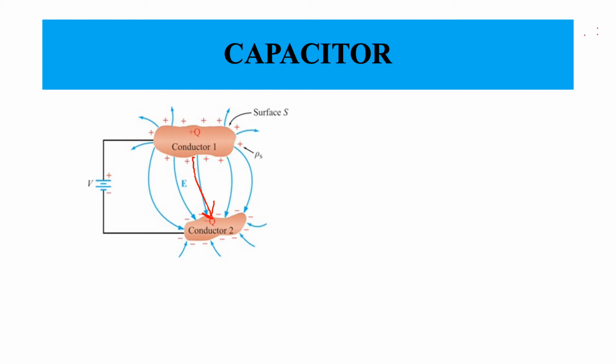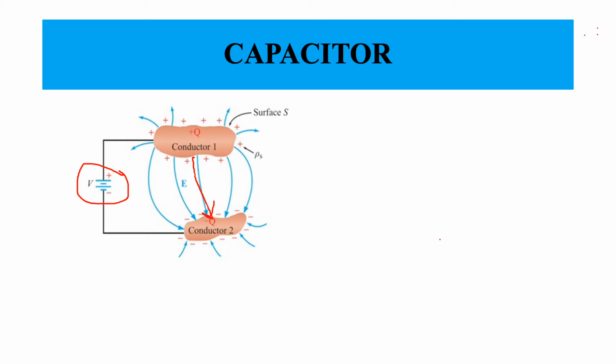Now to generate these charges, you can take two initially uncharged conductors but then apply a battery that will induce charge. This application of the battery would cause a potential difference between the two conducting bodies. However, we have just discussed that conductors are equipotential surfaces, so keep that in mind. We define capacitance as the amount of charge stored in one of the conductors, because we assume that they both are storing equal amounts of charge.